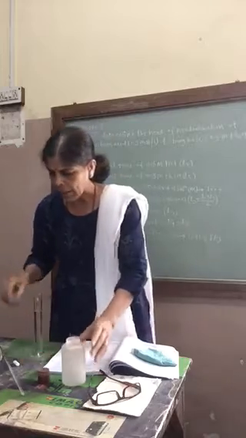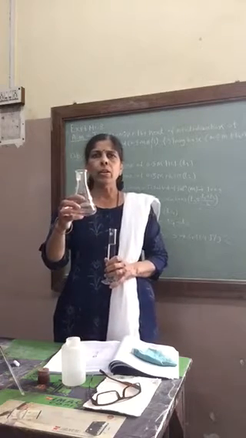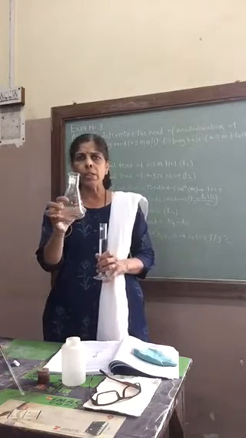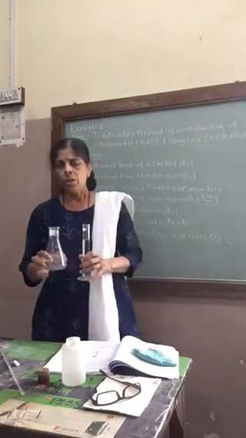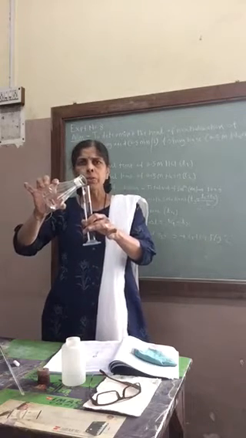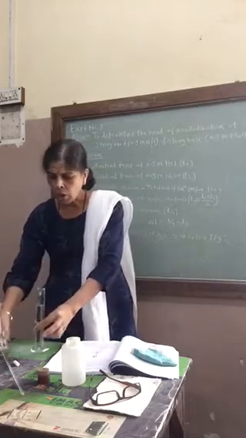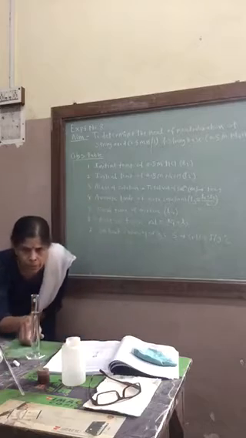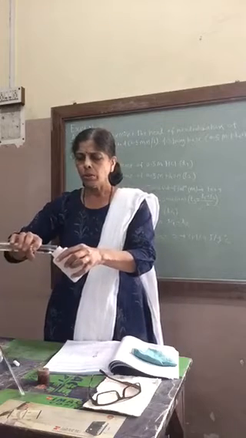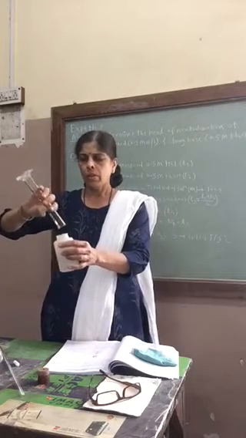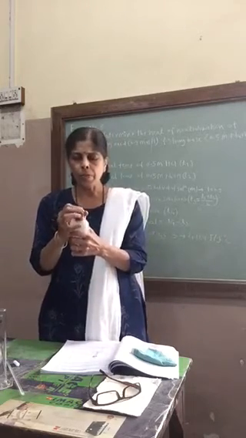In the beginning you have to take exactly 50 ml of HCl, which will be given to you in a big conical flask. You are not going to use the HCl which is there in the bottle in the rack. You are going to take exactly 50 ml of 0.5 molar HCl with the help of a measuring cylinder. You are going to bend and see that exactly 50 ml you have taken, looking at the lower meniscus, and then transfer it to the polythene bottle.